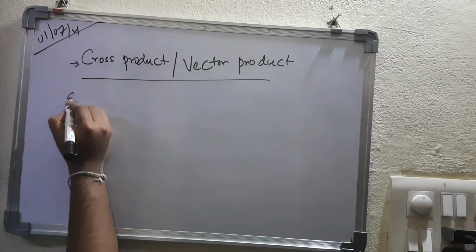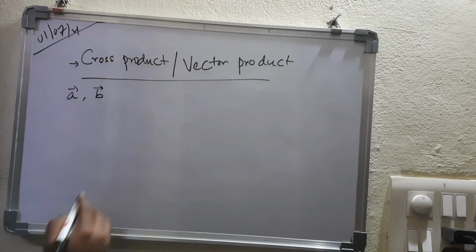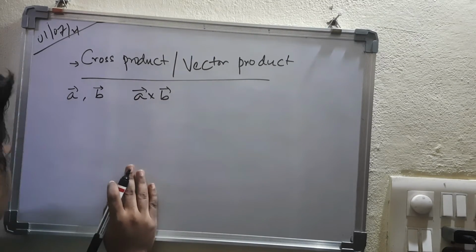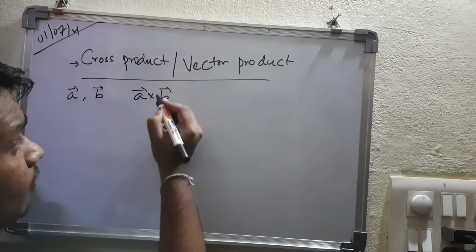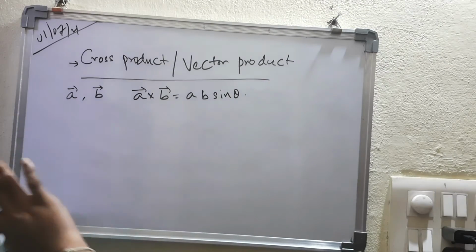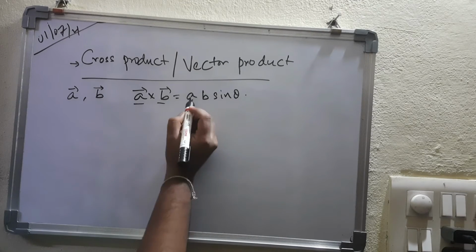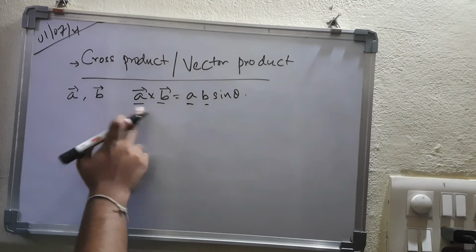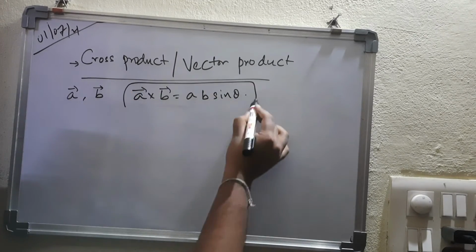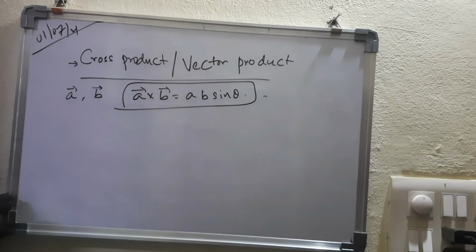So first, let one vector be A and the other vector be B. So the cross product will be A cross B, and when we multiply we get AB sin theta. There it was cos theta, here sin theta. Here A cross B, where A and B are the magnitudes of these two vectors. This is the formula for finding the cross product when two vectors are given, not in Cartesian form, in normal form.